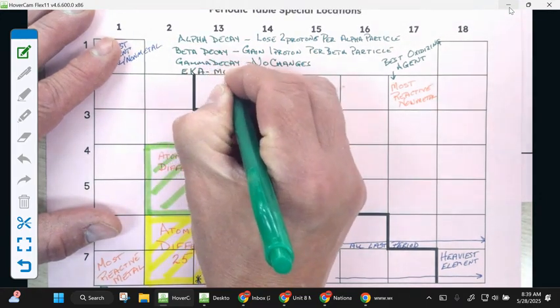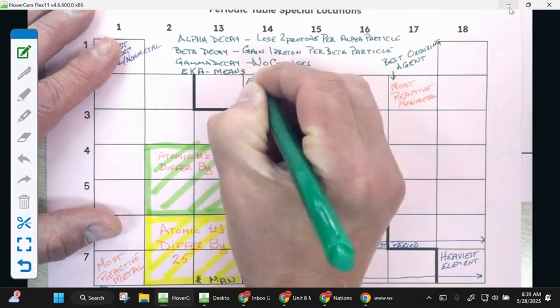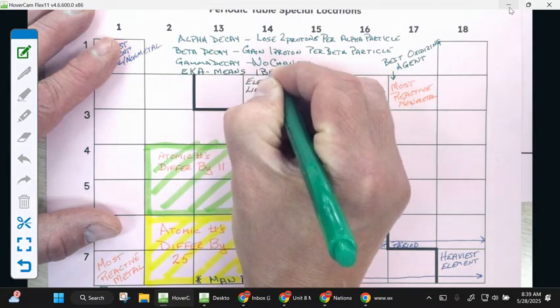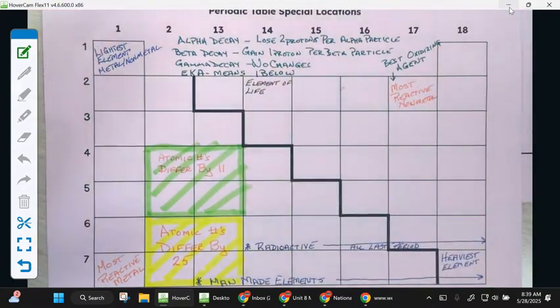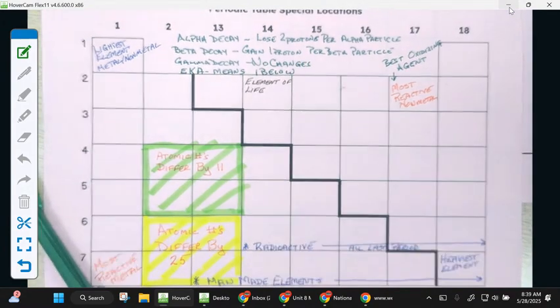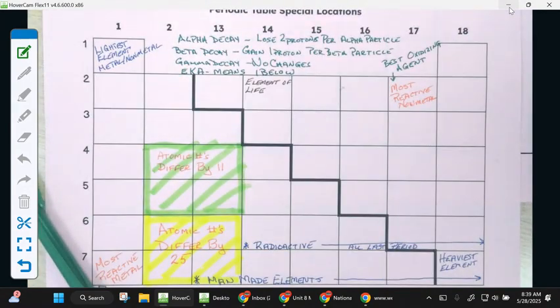Eka means 1 below. So, for example, before they named tellurium, they would call it Eka selenium, meaning it is 1 below selenium. So the prefix Eka in front of an element